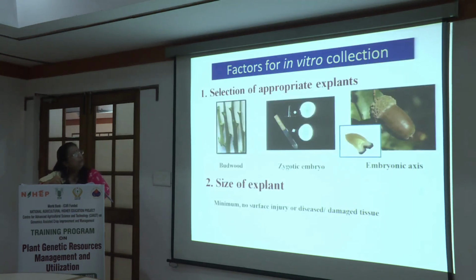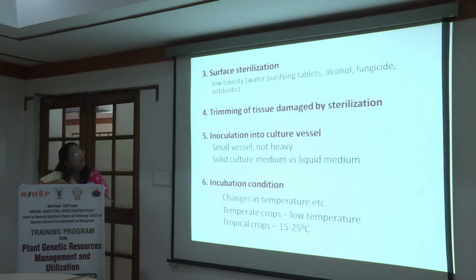Just an illustrative example, what are the factors? So in vitro collecting requires a good experience in plant tissue culture. Which explant to select for which species needs to be known in advance. What is the optimal size of the explant so that there is enough tissue till it reaches the lab, and not small enough that it gets damaged or infected. What are the types of surface sterilization chemicals we use, whether they are toxic, or they need a trade-off between toxicity and also taking care of the explants. Then there is damage of the tissue while trimming.